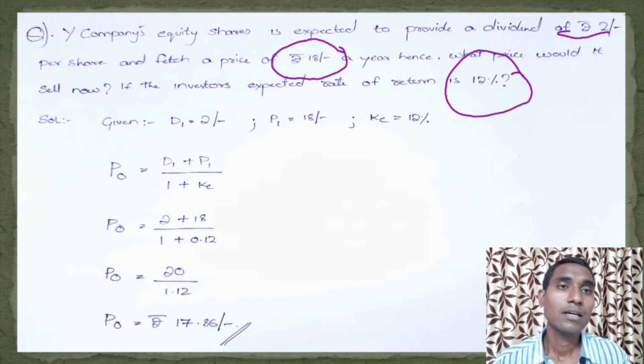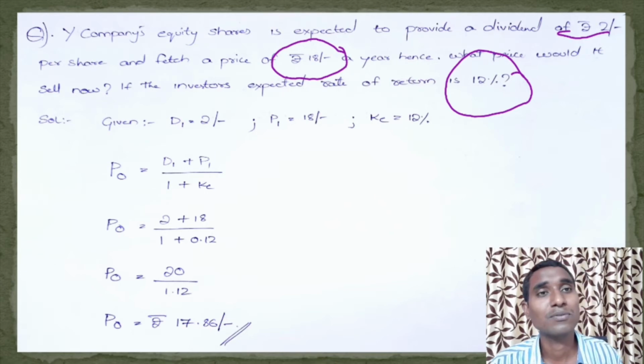We are solving the problems related to the dividend discounted models, under which we took up the first, one year holding period. It is all about finding out the present value of an equity share. If you hold an equity share for a single year, and if you sell at a price after a year, but you want to know the present value of that equity share, how do you find it out?